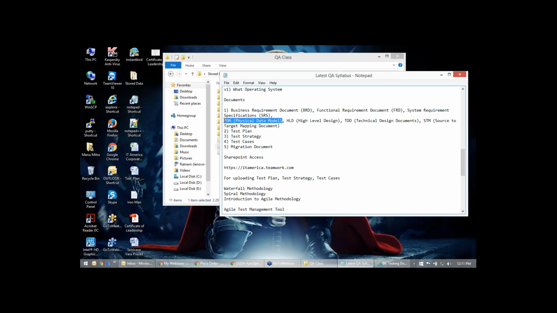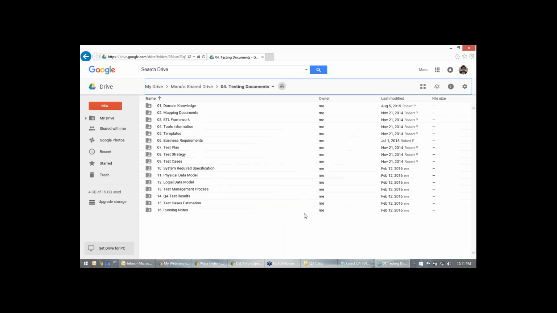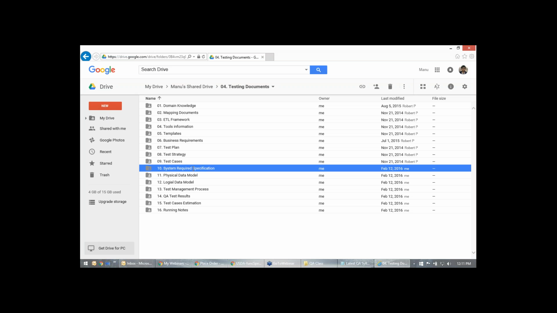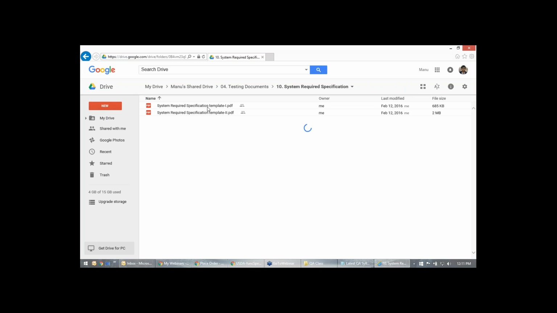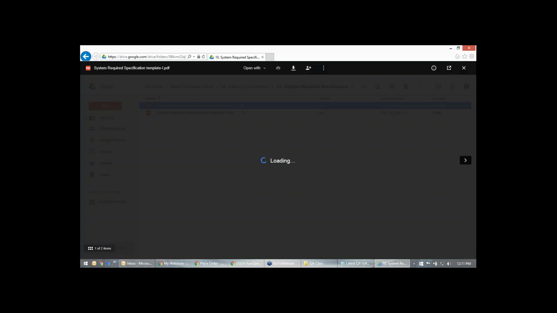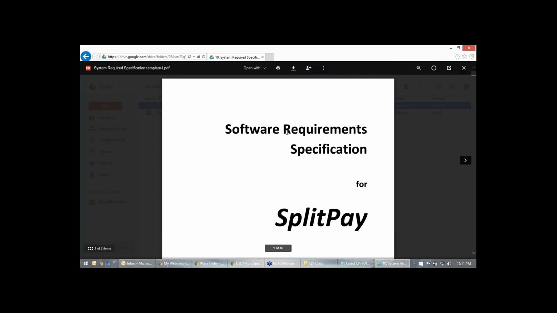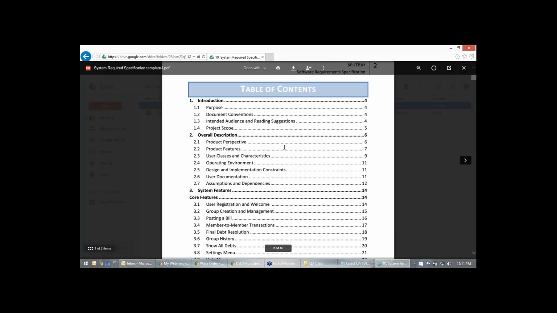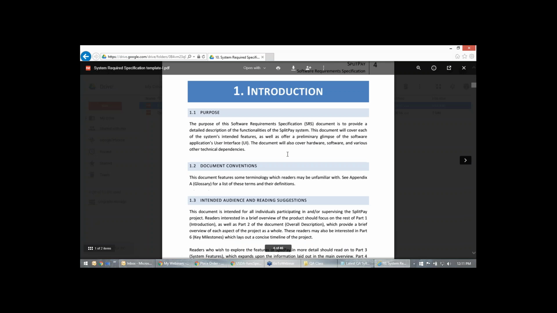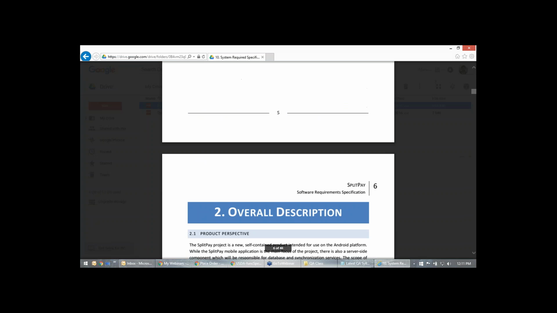And then you have physical data modeling. Do I have this document? Oh good, we have it. So this is how it looks. This contains all the architecture information.